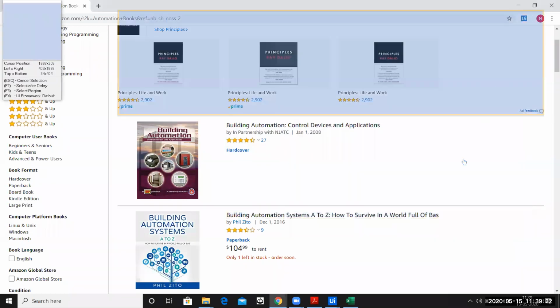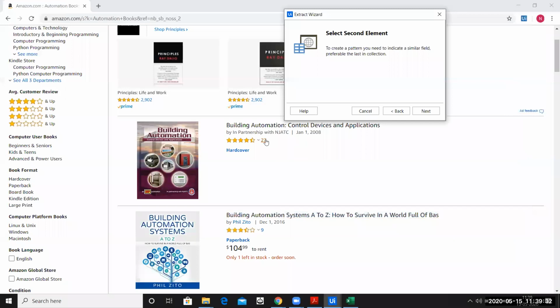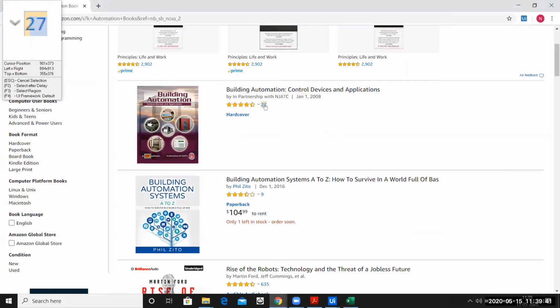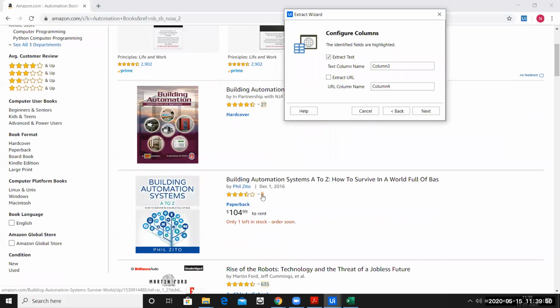and let me wait for the window to come up which says please click on the element that you want to scrape. So what do I need to scrape? I need to scrape the rating. So I'll select the 27. Okay, then the same window will come up again. Please create one more pattern. I'll click next. Earlier I clicked on 27. I'll click on 9 now because this is what I'll make a pattern from. I'll click on 9. There you go.